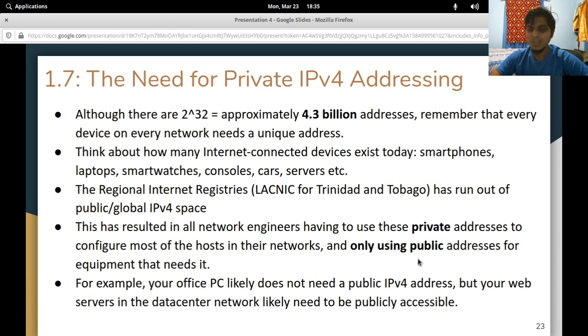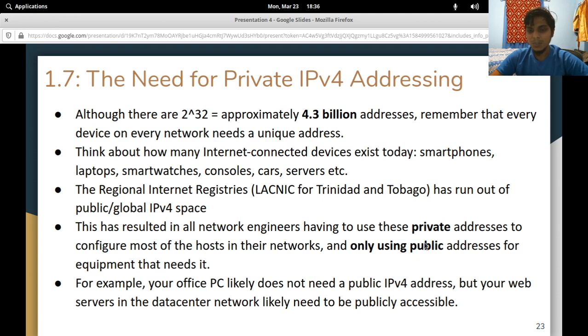You can't advertise your private addresses out to the internet, because then other people will be using those same addresses, and people will get confused, right? Data wouldn't know where to go between two people who have the same 192.168.1.1 address, because everybody has that exact same address configured on their modem. So if we started advertising this out to the internet, data wouldn't know where to go. Whereas with public addresses, because there's such a rigid addressing structure, and you have to pay for this and sign a contract, there is only supposed to be one person with any particular public address.